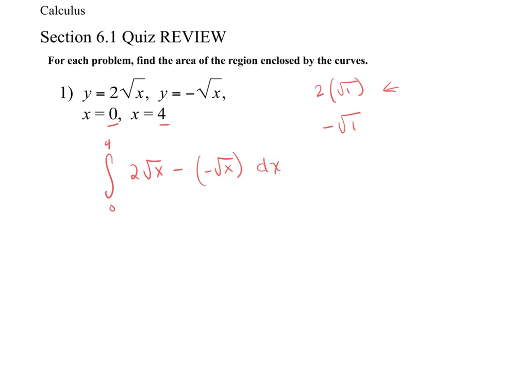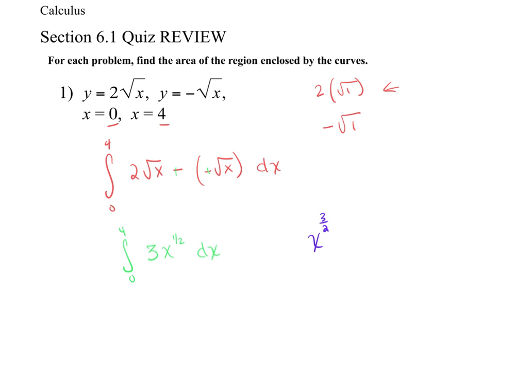dx. Simplify before you do your antiderivative. So I have 2 square root of x plus square root of x. That's the same thing as 3 square root of x. And by the way, square root of x is x to the 1/2. So when you're doing antiderivative, you may want to write it that way so that you can very easily do antiderivative. Remember, antiderivative is add 1, divide by the new. So I'm going to add 1. That's going to be x to the 3/2. And then I'm dividing by 3/2. So I'm multiplying by 2/3,